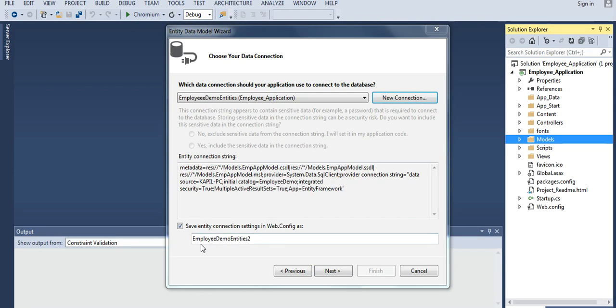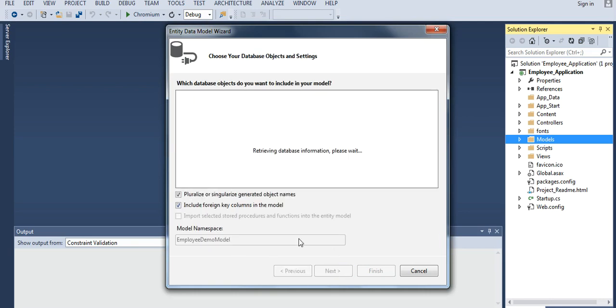Now specify your entity name. Click on next. According to your database, it will fetch your table.